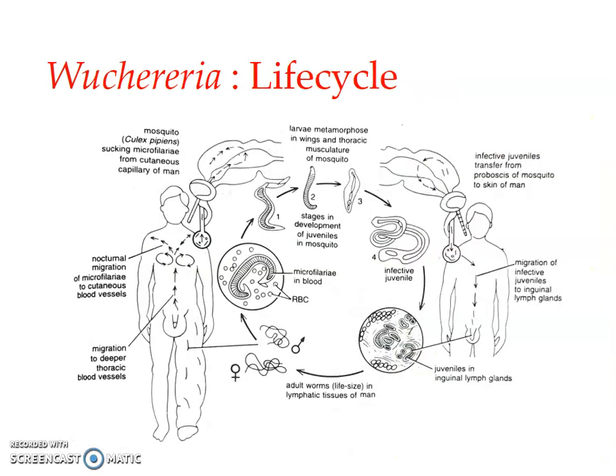Regarding the life cycle, copulation takes place when both sexes are present in the same lymph gland, and the females are viviparous or almost ovoviviparous. They release numerous juveniles, and these juveniles are known as microfilariae. These microfilariae are born in a very immature stage. That is, they are microscopic and surrounded by a very delicate cuticular sheath, which contains rudiments of various adult structures.